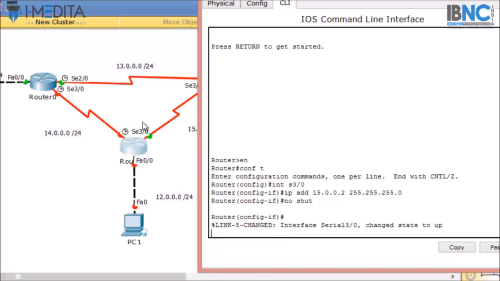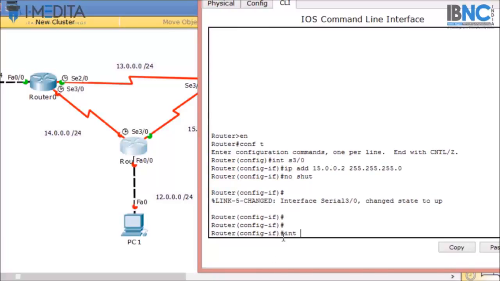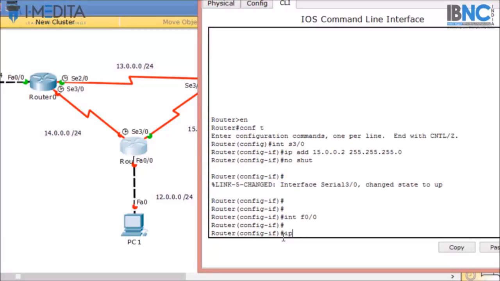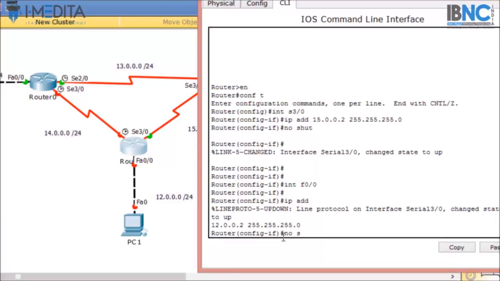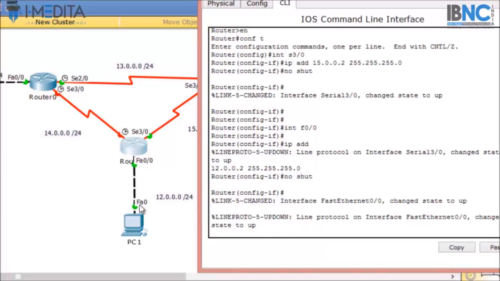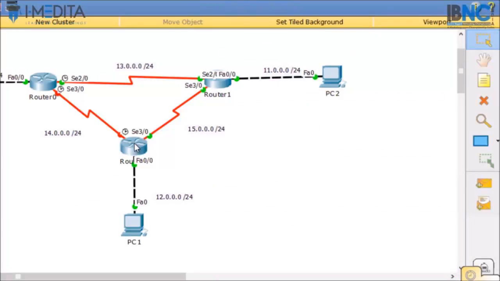As you can see, now the port has come up. Again, we will configure interface fastethernet 0/0, IP address 12.0.0.2, 255.255.255.0 and no shut. So now we have configured the two interfaces.